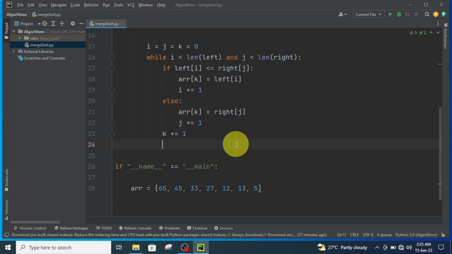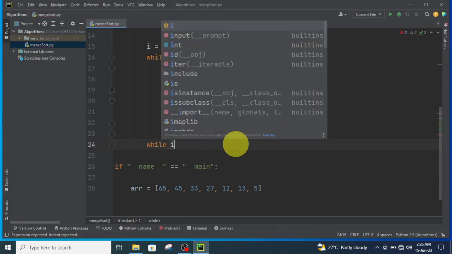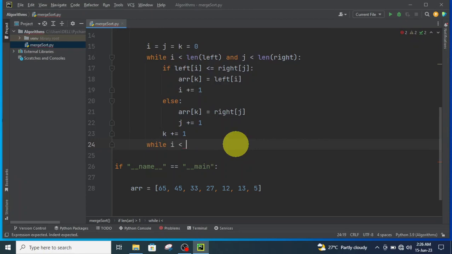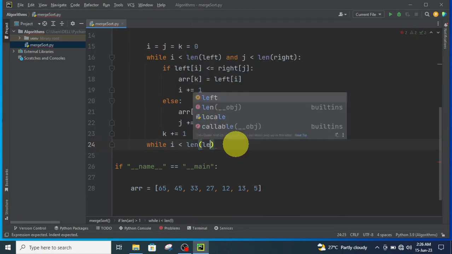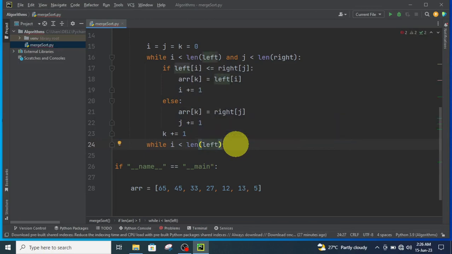So how do you do that? What you need to do is to create a while loop to check for that. So I will say while I is less than length of left. Okay, I believe you understand now what I'm doing here. The left hand side, what I want to do is,